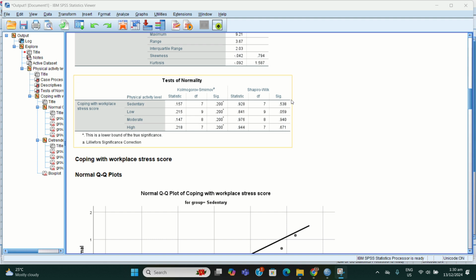So as you can see, it is greater than 0.05. So the CWWS score was normally distributed for the physical activity level, based on the Shapiro-Wilk test.